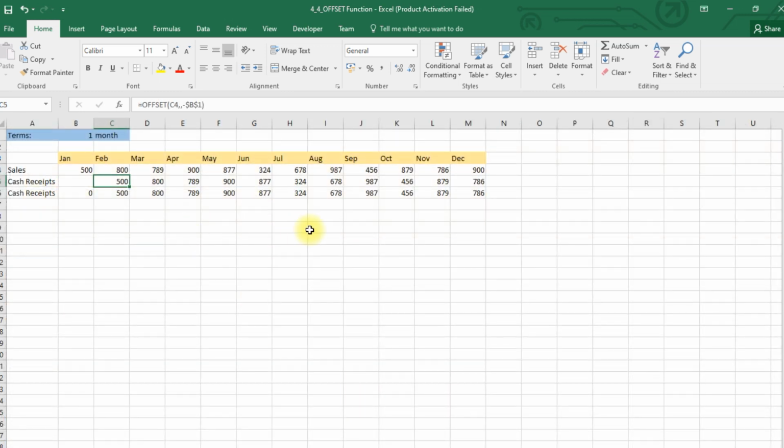In a slightly more complex example, we have payment terms of 1 month. So when a sale is made effective, the payment received for that sale is after 1 month. If today I make the sale, and I'm going to get paid next month, that is the terms of the sale. So that is 1 month, and that information is captured in B1. If you want to plot it in an Excel spreadsheet, how do we do it? We do it using a formula which is given